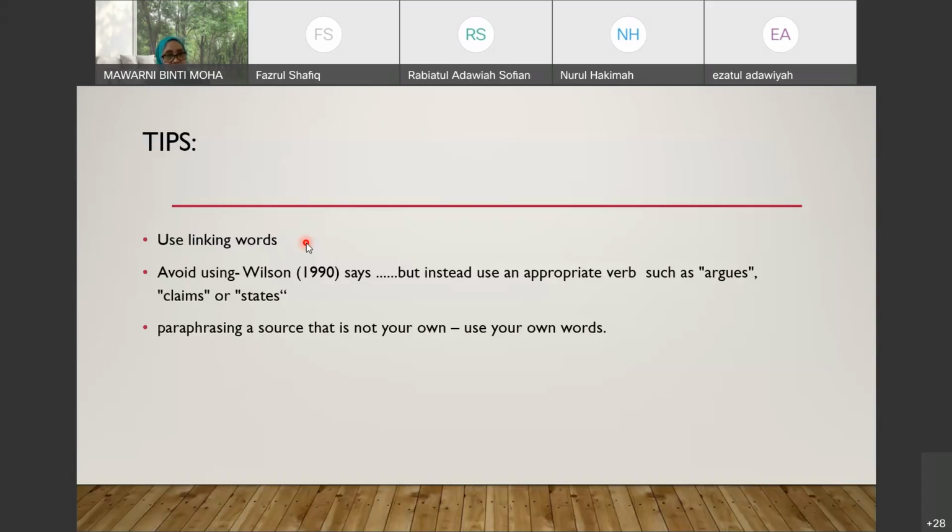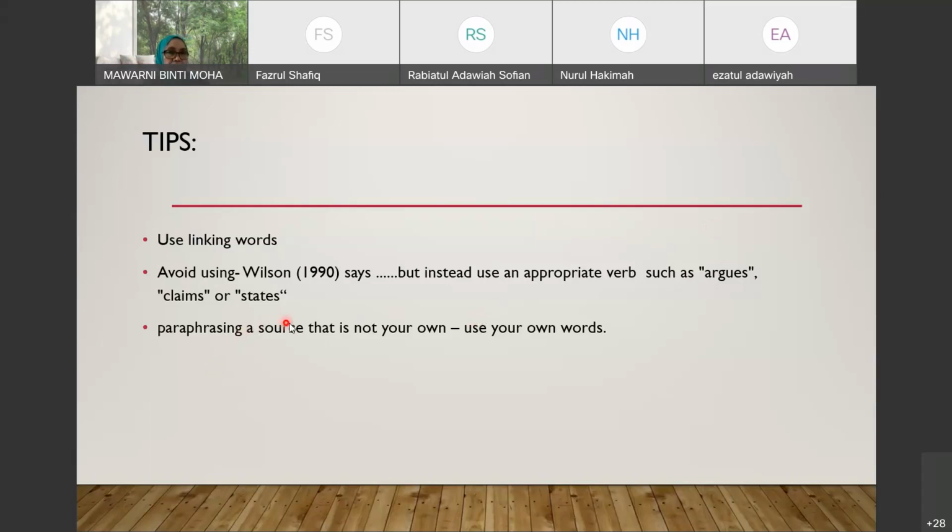So it shows that you really read your stuff and you put in your own writings on how you actually explain your work in relation to the previous literature. Okay, so you put not only in terms of the sentence, but also you put the paragraphs nicely using linking words. So that is the flow of your writing.